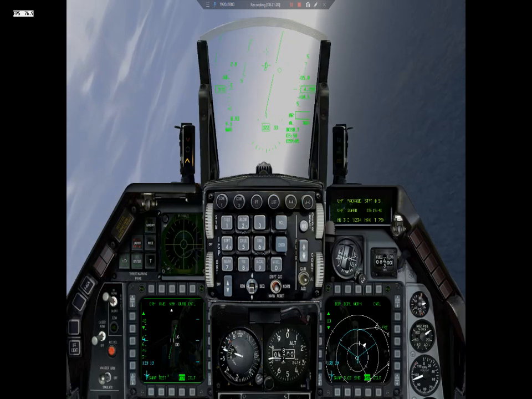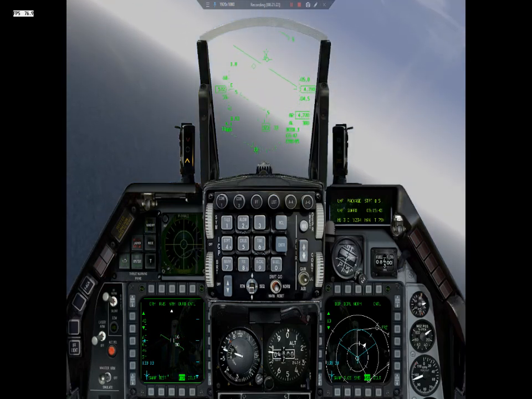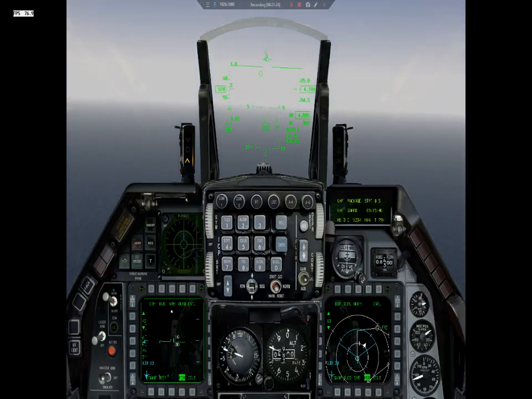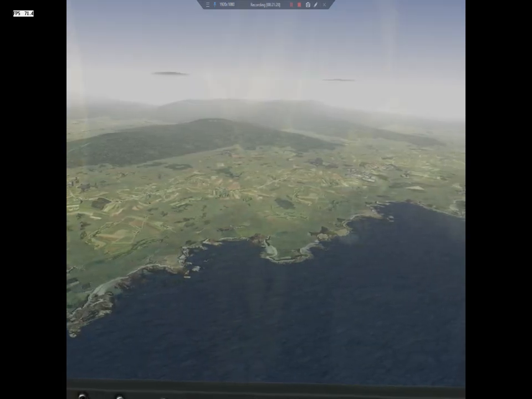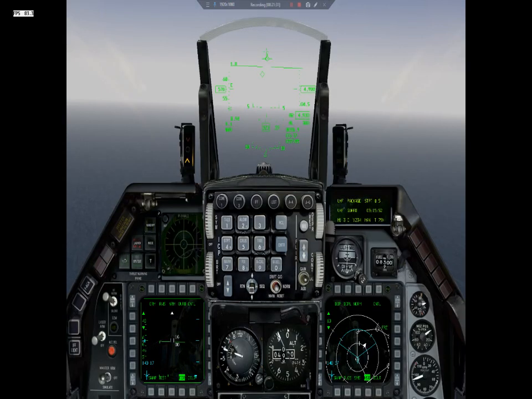Let's slowly move to this waypoint. As you can see, this mission is mainly over the sea. There is terrain on my left side, nothing on my right side, just the sea. So that's the